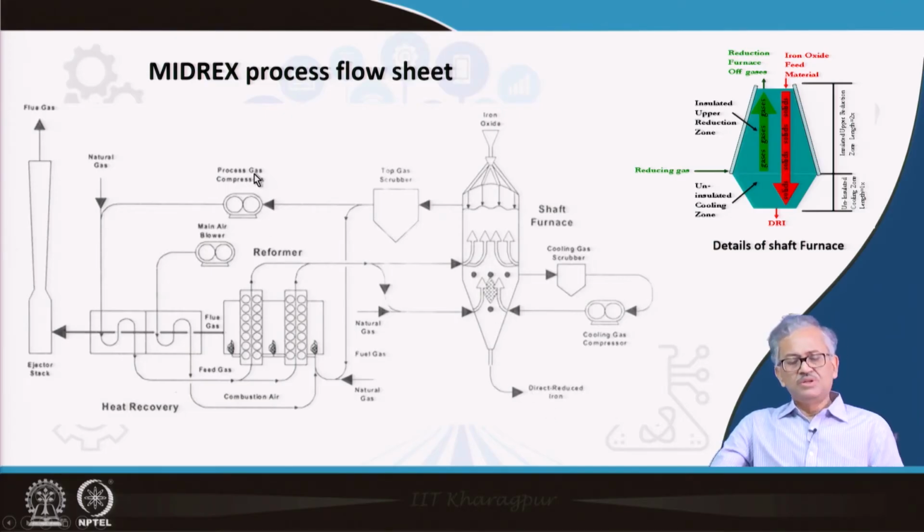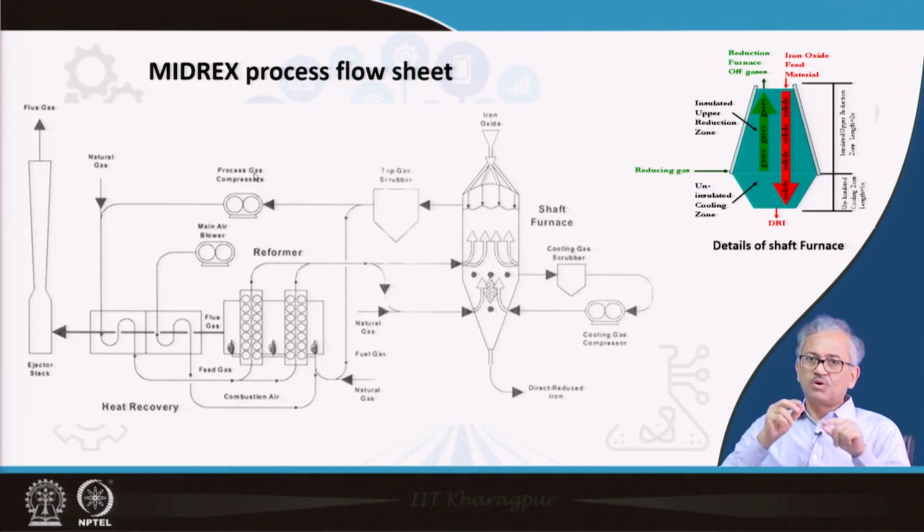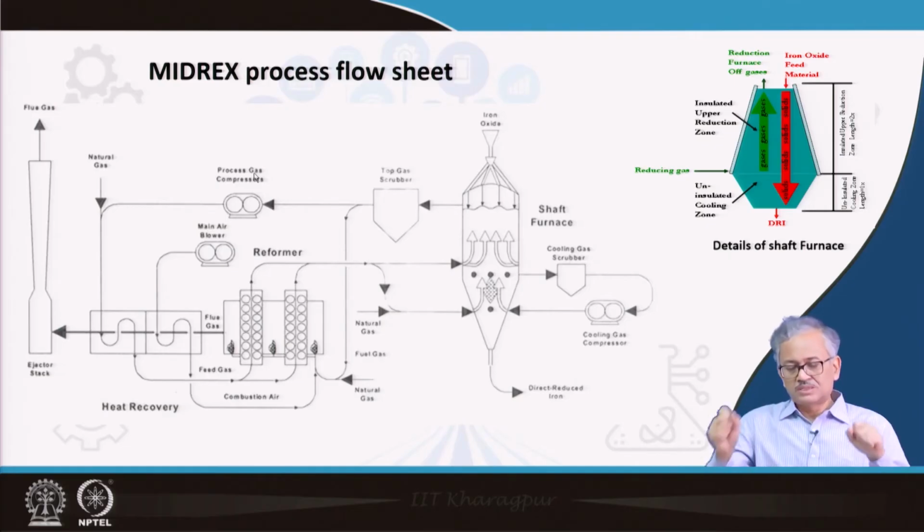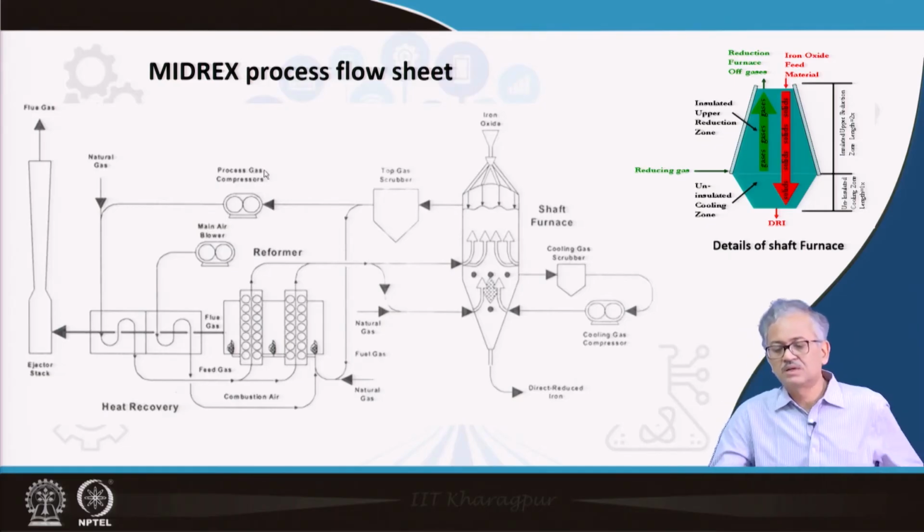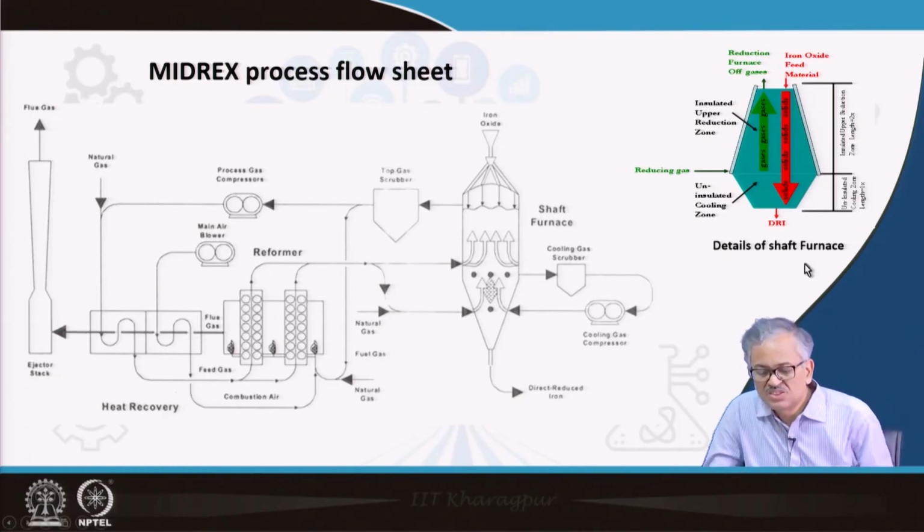So this is the unique process, that is the process reference. In case of the Midrex process, your off gas is used, so there is no steam reforming, that you can understand. That is the CO2 reforming is there. And this shows the details of the shaft furnace, basically the solid comes in this direction and the gases